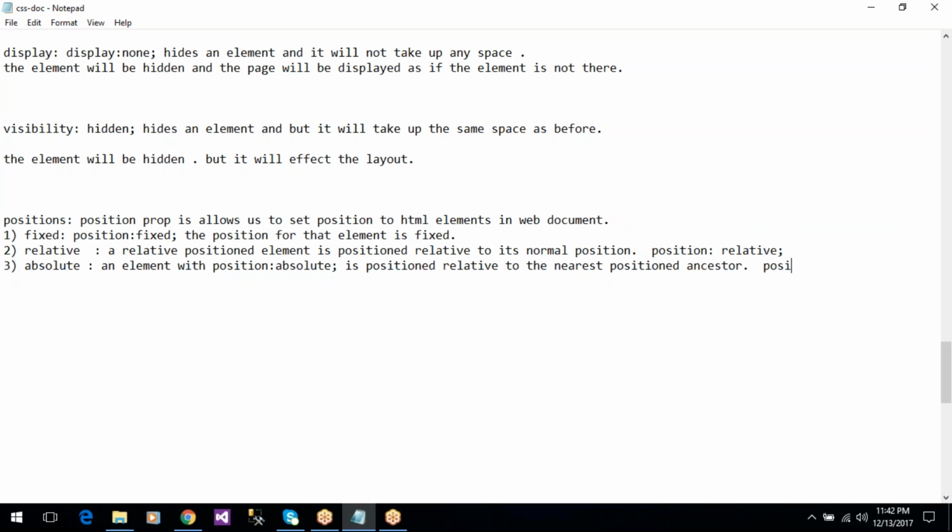Okay, position colon absolute, this is the value for the position property. So for example,